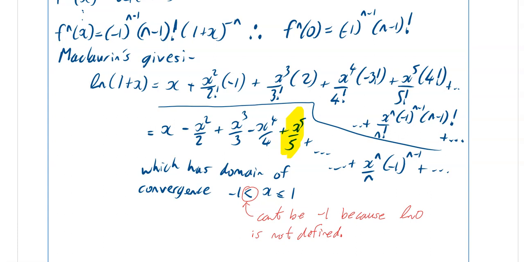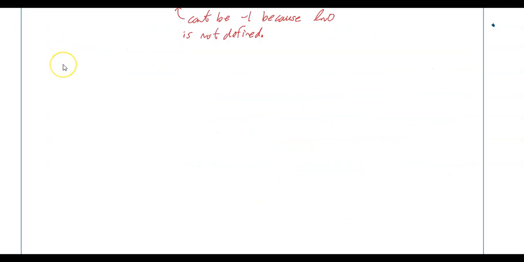Okay, so we will move on from this and we'll look at a slightly different way that we can do this as well. Next thing we're going to do is look at a slightly different way of looking at this. Now, this is a perfectly acceptable series for this. We're just going to look at something slightly different. So we're just going to say, putting minus x for x, we obtain